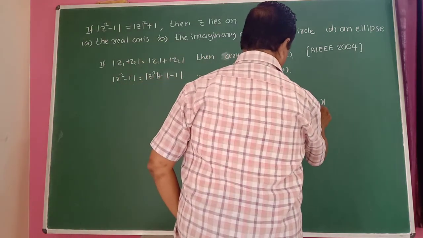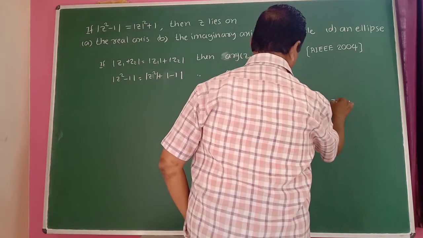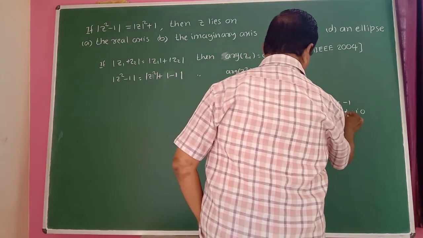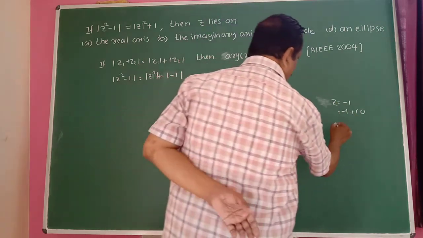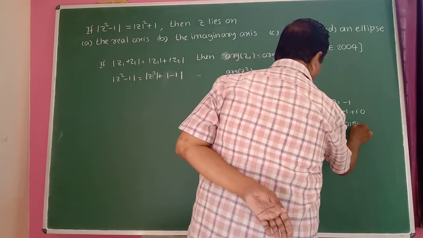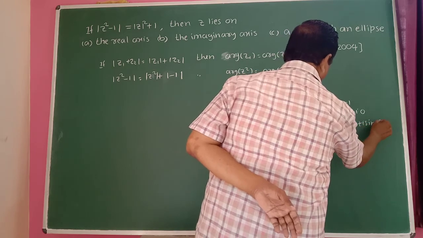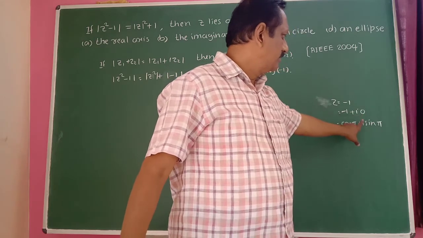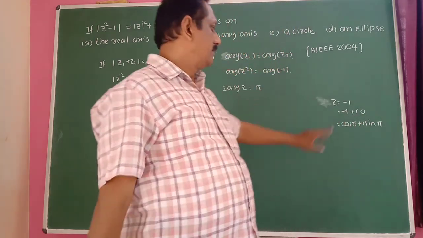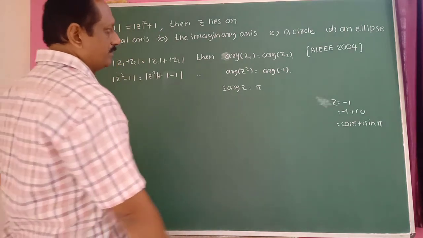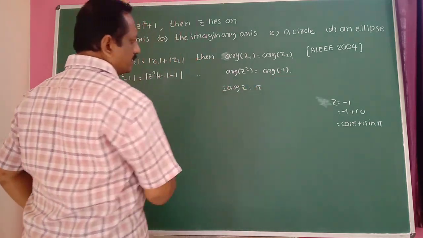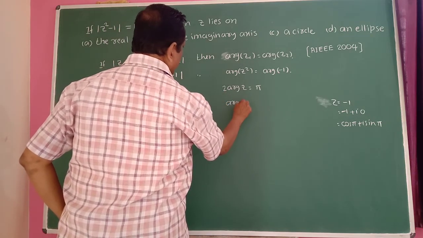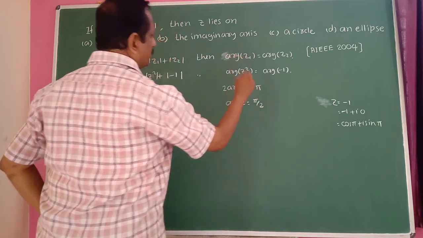And the argument of minus 1 is obviously pi, because minus 1 is there. So look here, z equal to minus 1 is a complex number. This can be written as minus 1 plus i into 0, which means cos pi plus i sin pi. Cos pi value is minus 1, sin pi value is 0. Therefore, obviously, the argument is pi. The argument of minus 1 is pi. Then take it to that side: argument of z is pi by 2.